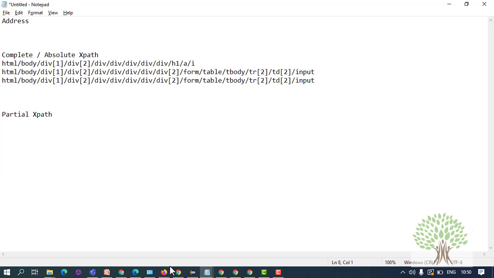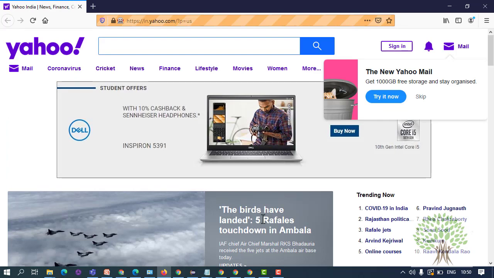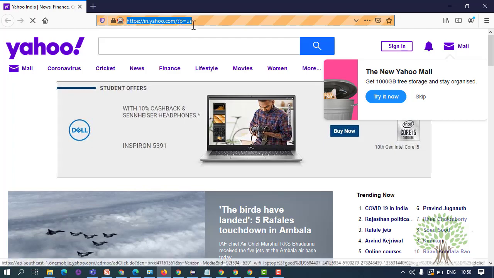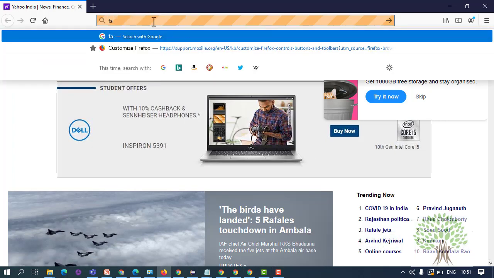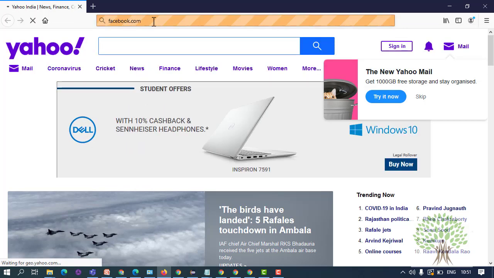In case of other browsers, for example Mozilla, how do you inspect elements and how do you calculate XPaths? Same way. There is no other difference. The process is the same, but we prefer Chrome. I'll tell you the reason. In case of Mozilla, I can go to Facebook and you will get the same option to investigate the element.